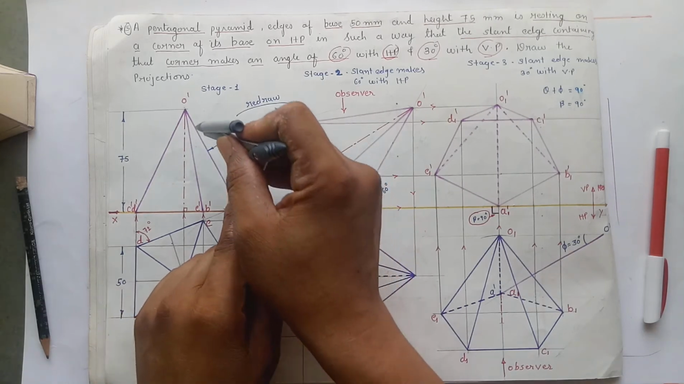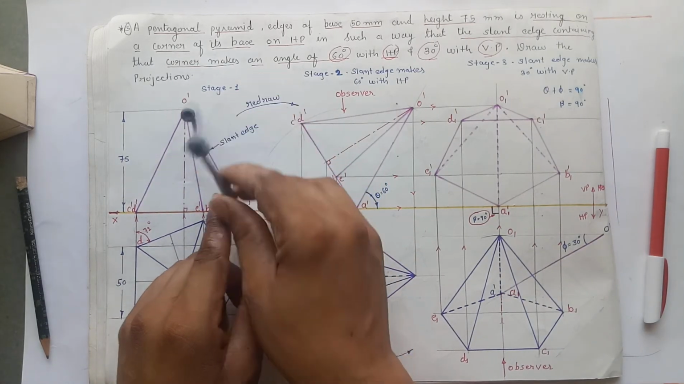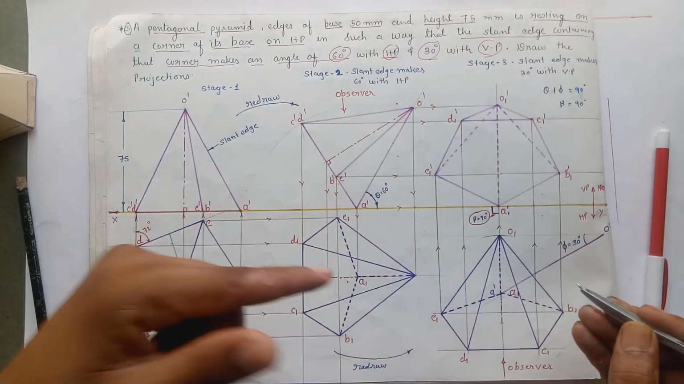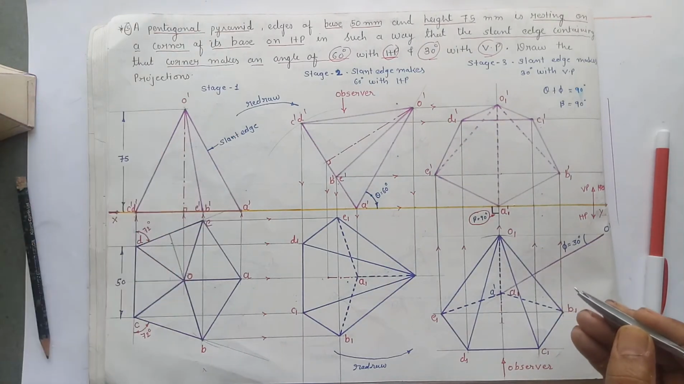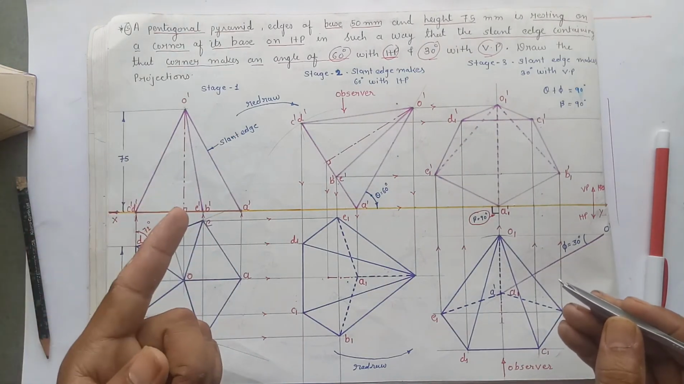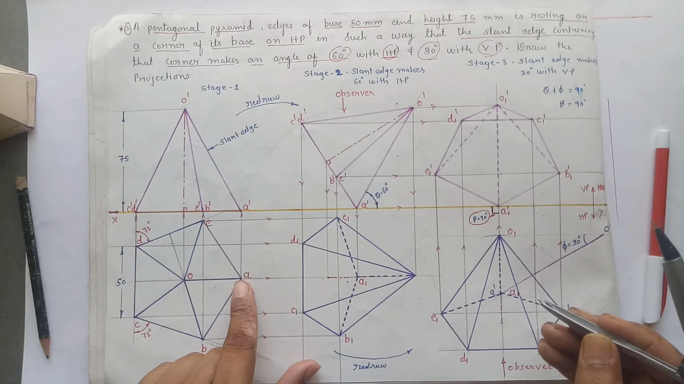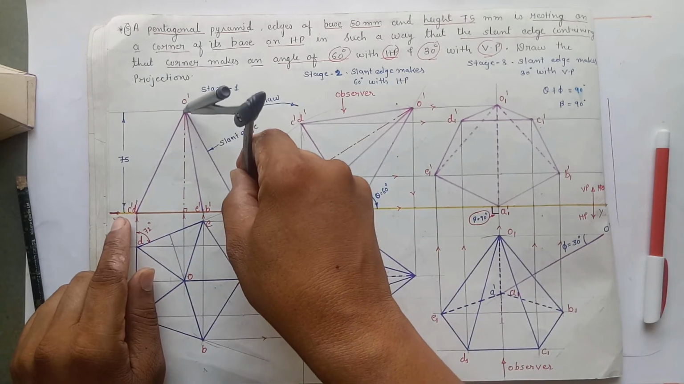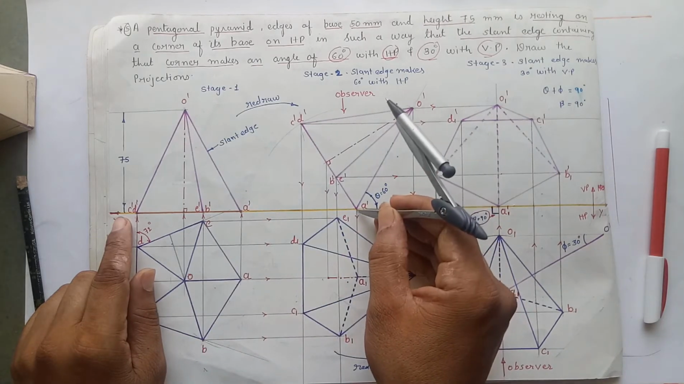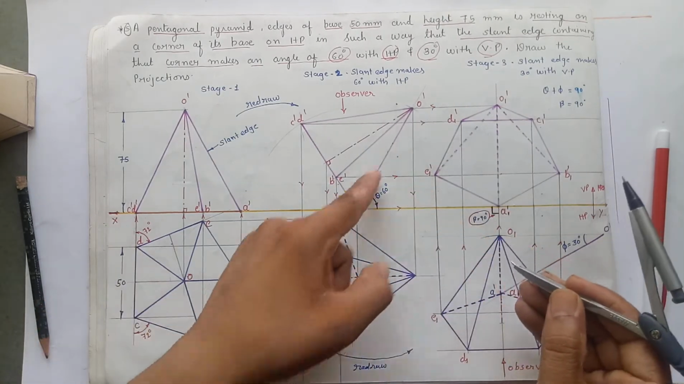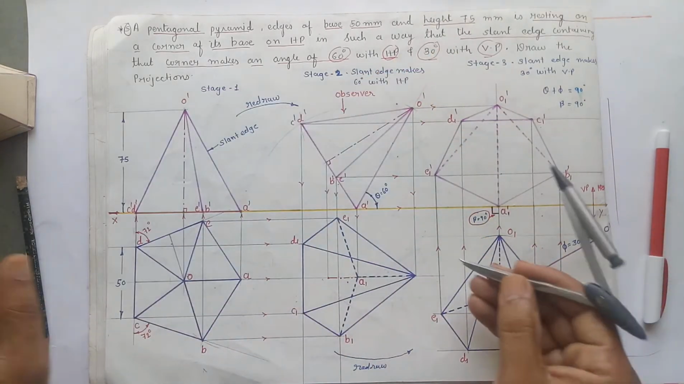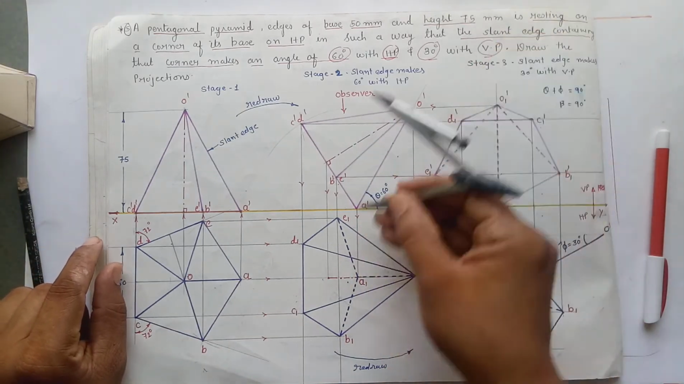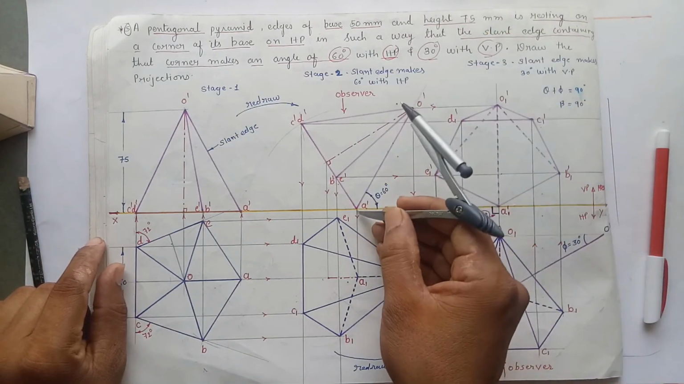Now we have to take the slant edge, because here it is given the slant edge containing the corner. Which corner? The corner which is on HP. And which corner is going to remain on HP? Corner A is going to remain on HP. So measure O dash A dash, give an arc on the line which we have already taken, showing the angle of